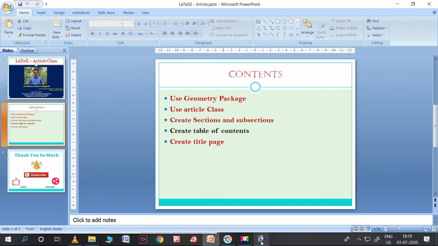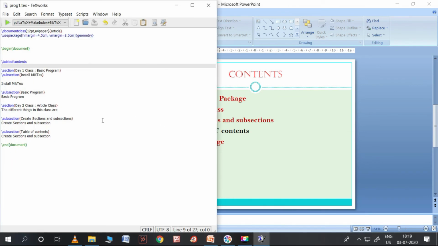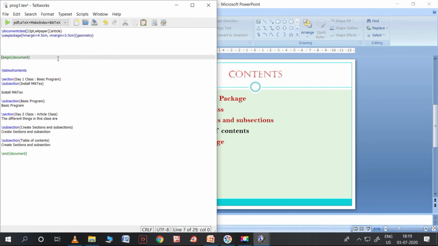Let us see what more we need to study in this part. Create title page. Here we need to create the title page. The title page should be created before the program. First we need to write the title.